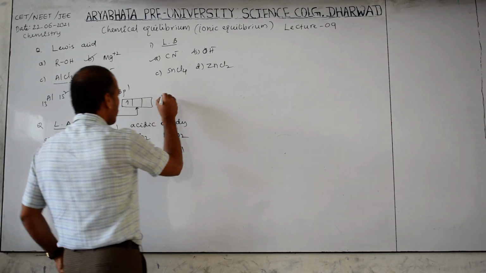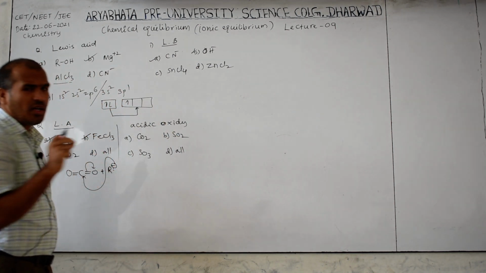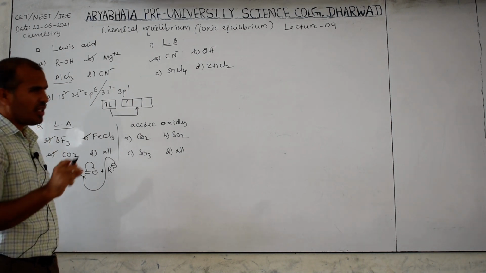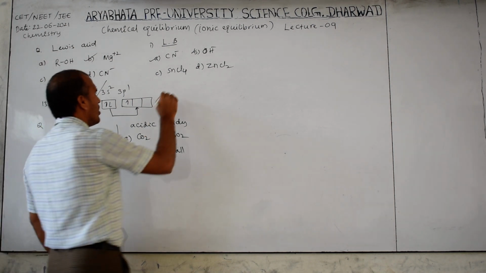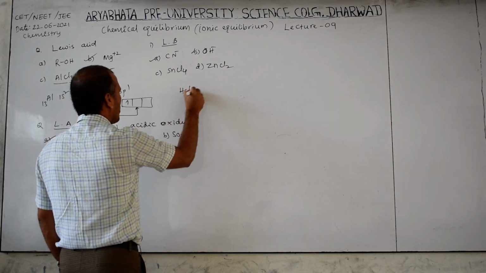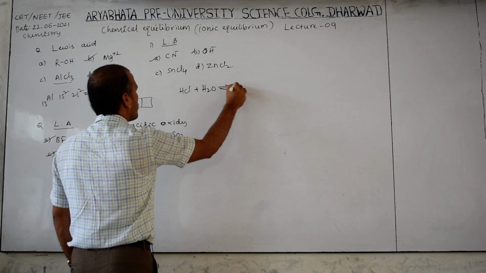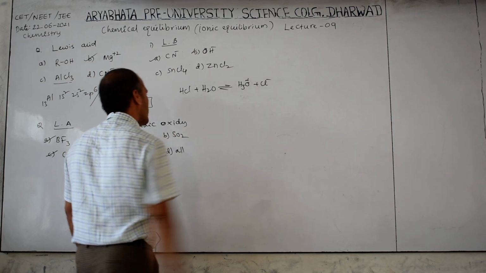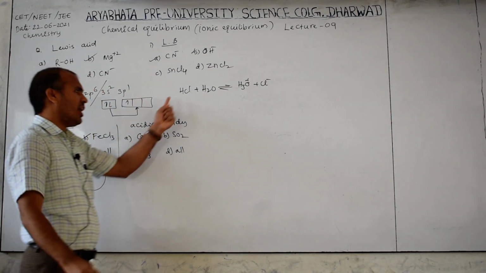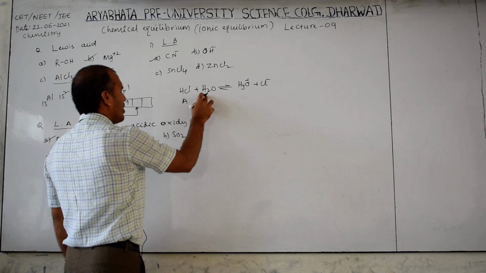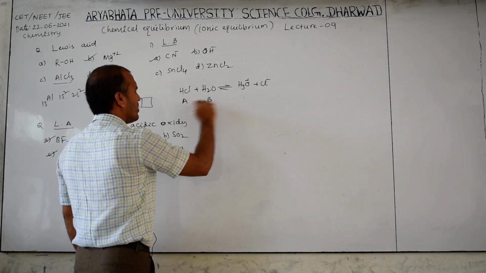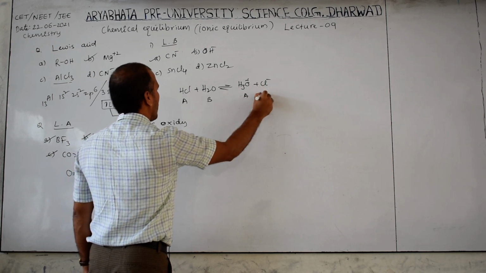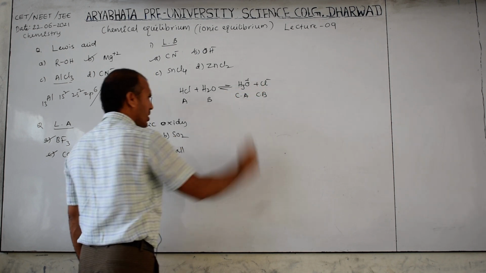Okay. Then we know the Arrhenius theory, Bronsted theory, and Lewis acid-base theory. In this, what is the neutralization reaction? For example, HCl plus H2O gives H3O+ and Cl minus. In this reaction, H+ is given to this, therefore this is an acid; the H+ acceptor is a base. In the reverse reaction, this donates H+ to this one, therefore this is an acid and this is a base. This is the conjugate acid, this is the conjugate base.